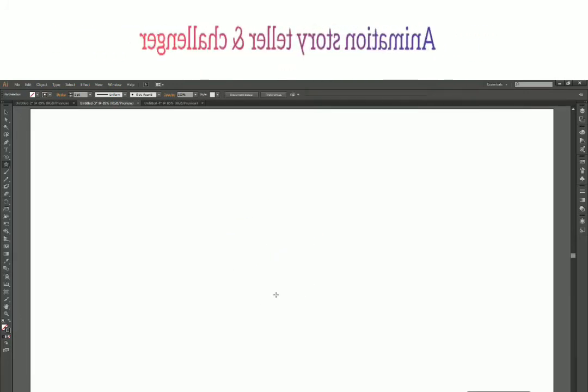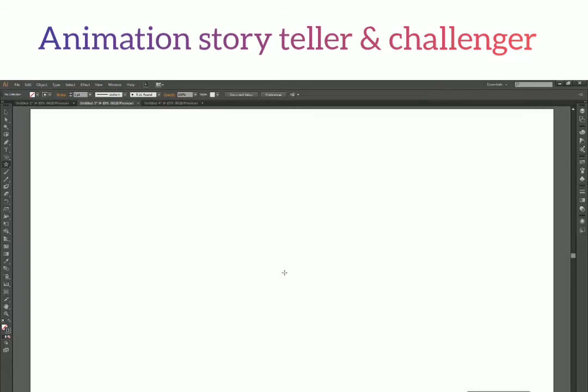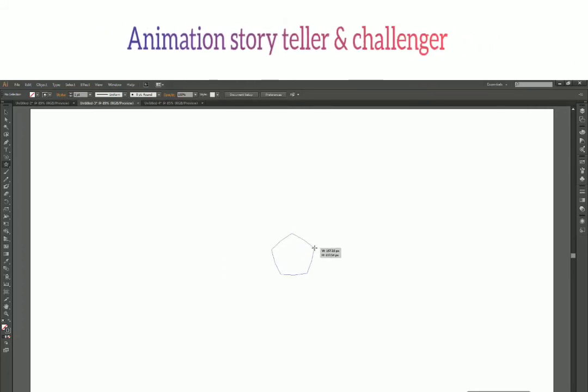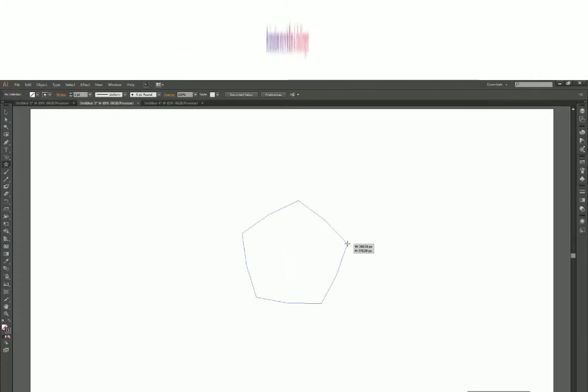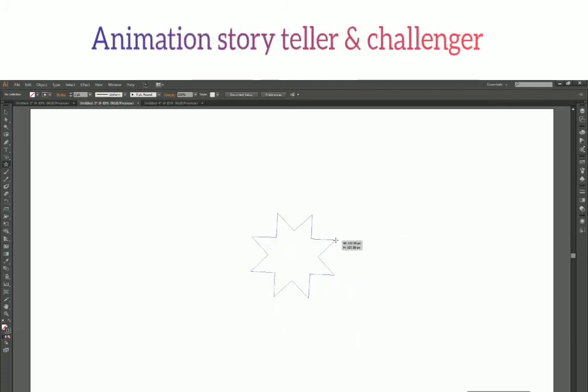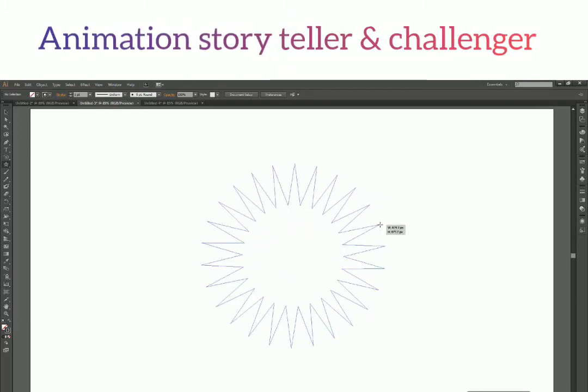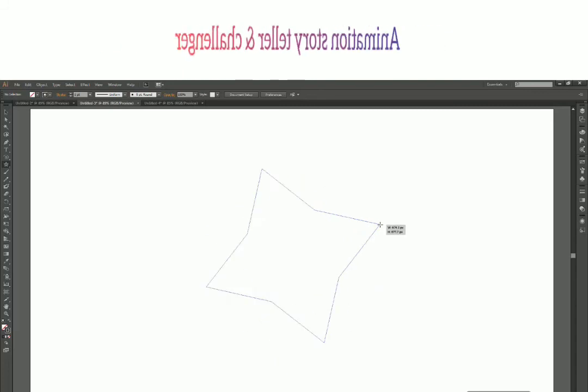All right. So next we are going to see the up and down arrow keys. Like in all other tools, the up arrow key is going to increase the number of points of a star, and the down arrow key will decrease the number of points.